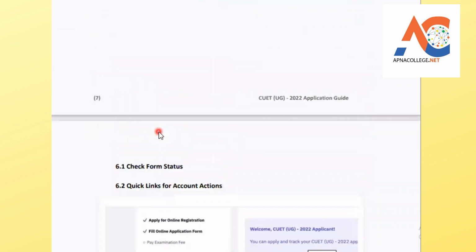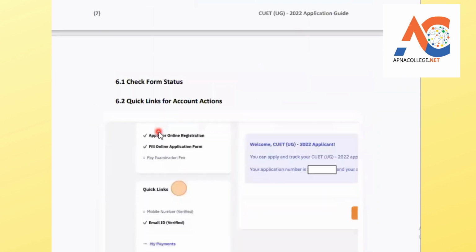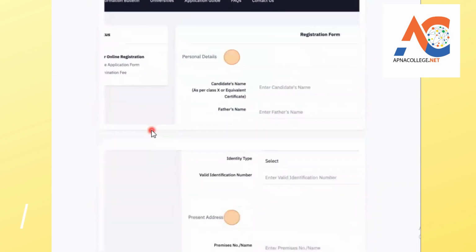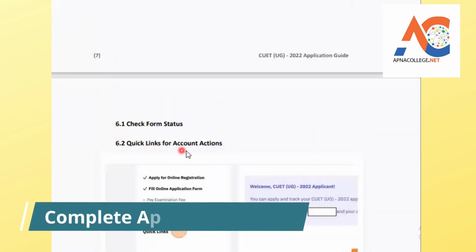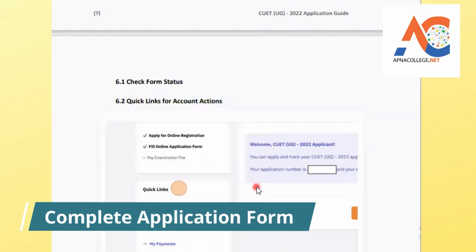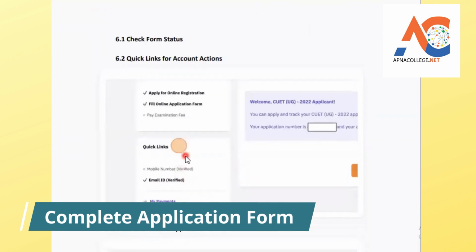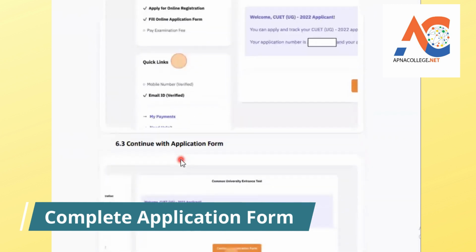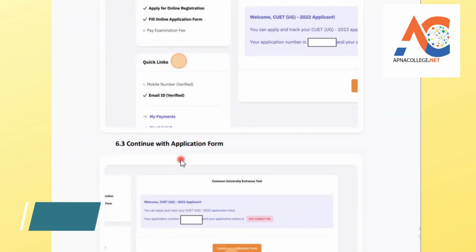Now you have to complete the application, and you should look into the quick links for account actions like application. On the left panel you can find the quick links where you have to verify your mobile number and also your email ID. The mobile is of course verified, and the email ID you also have to verify, and you have to complete the application form with other personal details and click save to complete the application form, like your name, your present